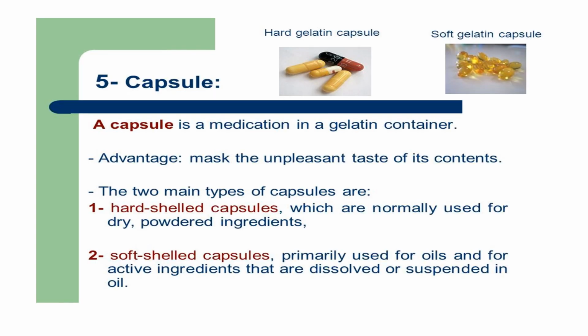Coming to the capsules, as you see in my slide, there are two pictures. First one is the hard shell capsule, the other one is the soft gelatin capsule. In the soft gelatin capsule, you can see the content inside. A slimy ingredient will be present. Usually, it will be an oily preparation. While a hard shell capsule will have dry powdered ingredients. Mostly our antibiotics come under hard gelatin capsules, while soft gelatin capsules are oily preparations. For example, our vitamin tablets are usually available in the soft gelatin capsule. I hope most of you might have seen these two different types of capsules.